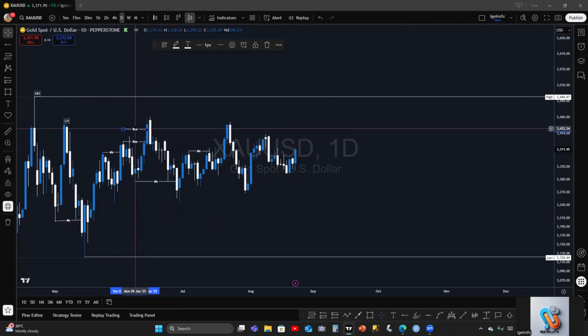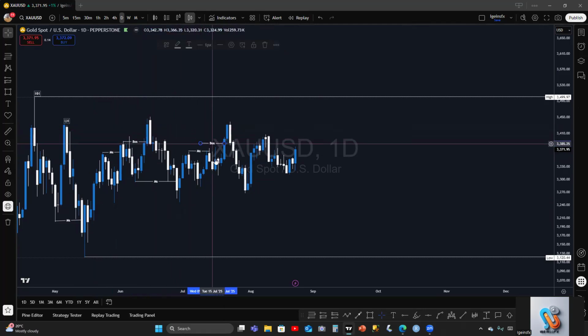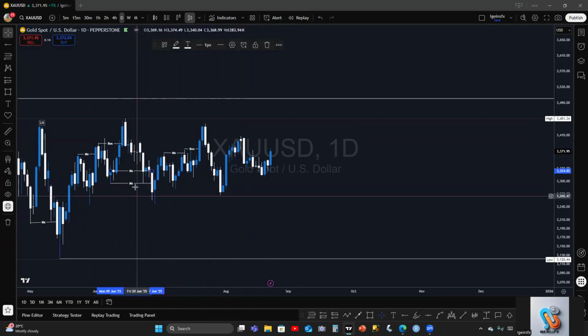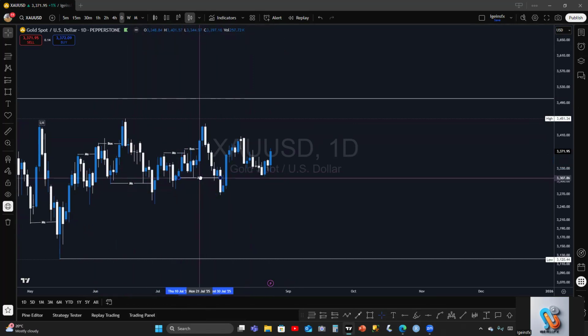For you to do analysis, you need to be very, very patient and don't miss out on any information. All right, you see break of structure. Then price now came back, violated this support. Remember, I told us anytime there's a violation of support when you are on an uptrend, what does it mean,